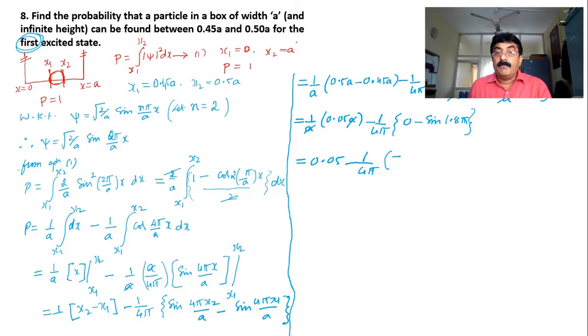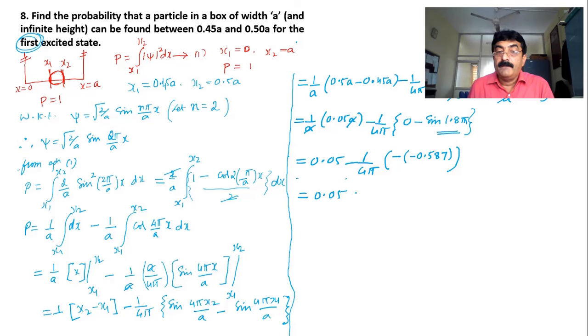That is minus, one minute, this minus is already there, I am getting an additional minus 0.587. So this is about the sine of 1.8 pi. Okay, now go ahead. Now you can simplify this. So this becomes equal to